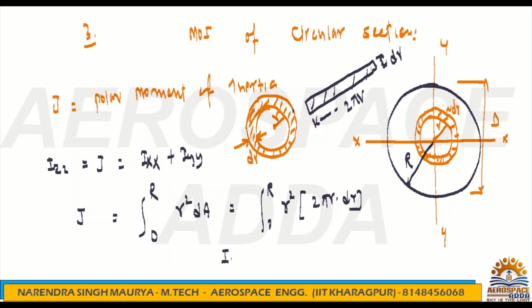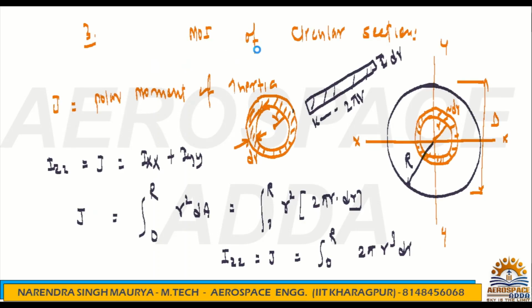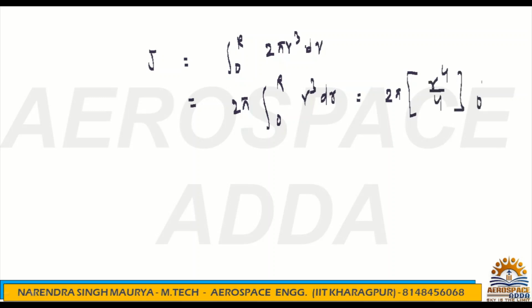So your Izz, which is nothing but polar moment of inertia J, is the integration 0 to R. Now you can take 2 pi r cube dr. Done. Your derivation is done now. So here, J, polar moment of inertia, is 0 to R of 2 pi r cube dr. We can take 2 pi, a constant, outside: 0 to R of r cube dr. Now you just solve, keeping the limit, it becomes r power 4 divided by 4, from 0 to R,